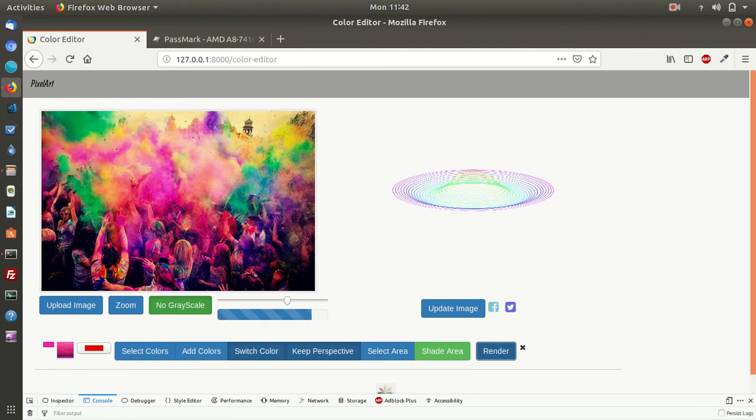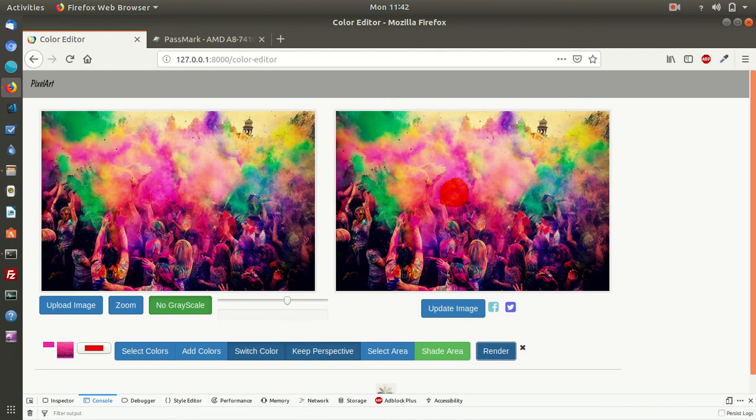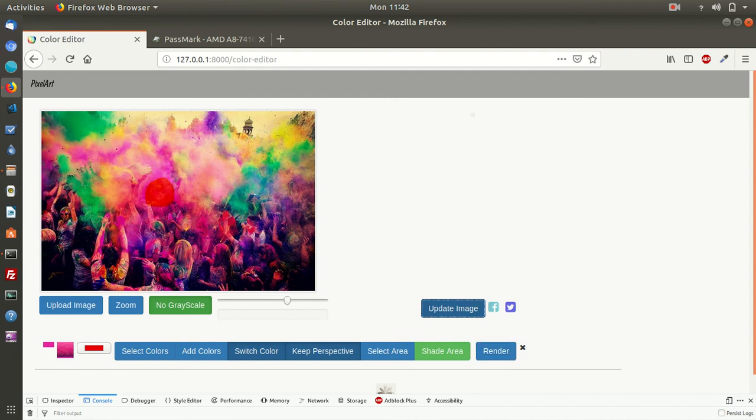And when this is done, you'll have an example of what has been done on an actual image in trying to limit what you want it to do. As you can tell now, you only have that small area selected. Now if you wanted to use this, you just click update image,